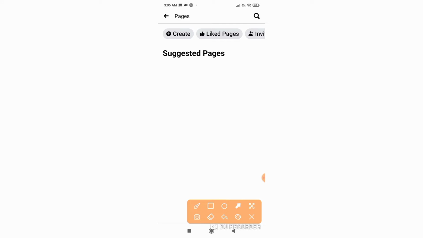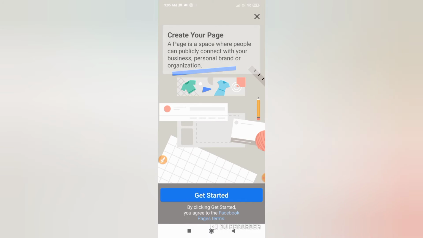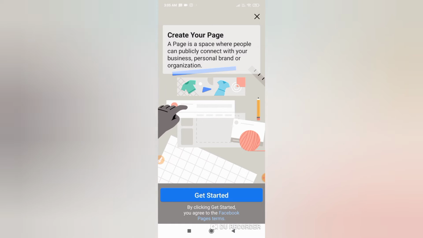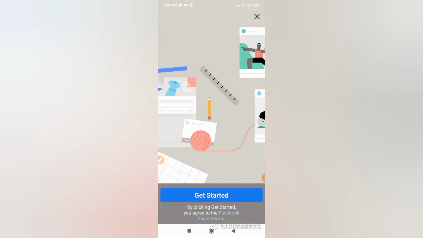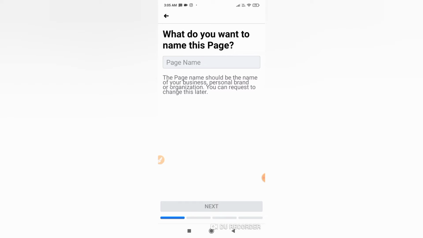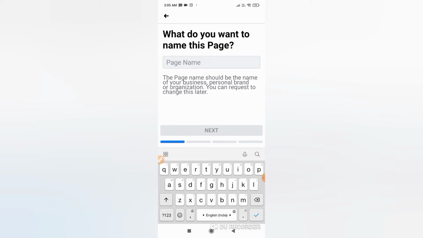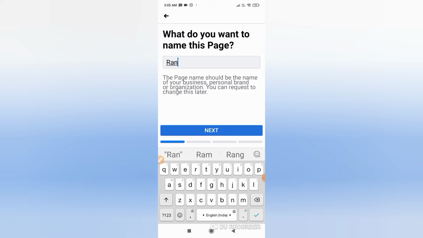So what you need to do here is simply tap on create. Just tap on create, and then you can see this type of interface will pop up. You just need to click on the get started option. And here you can see it asks what do you want to name this page. So let me just enter my YouTube channel name,